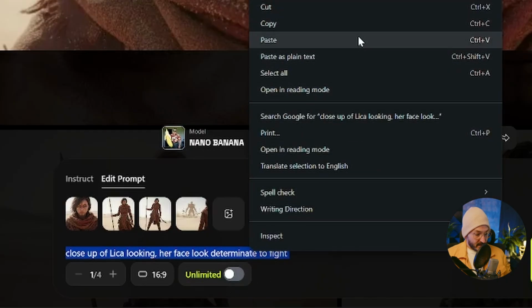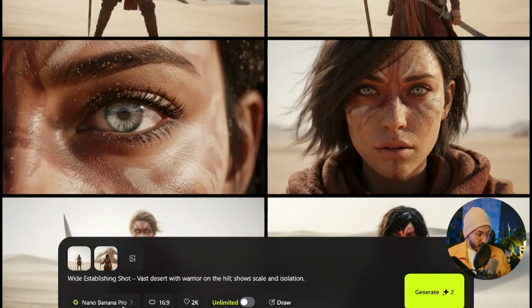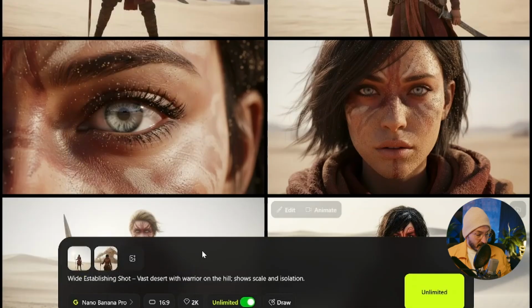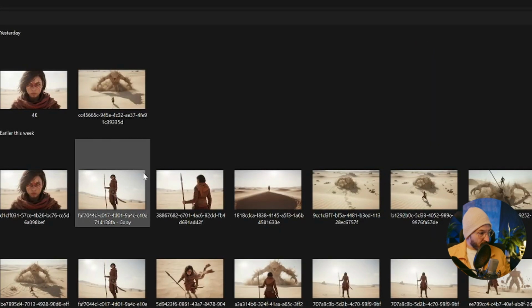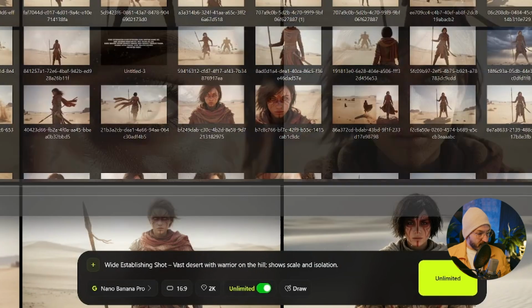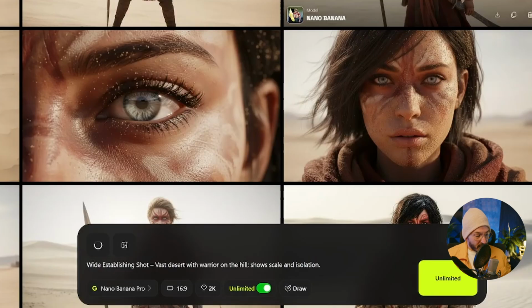I copy paste, and now we will do it with Nano Banana Pro here, and we will add the exact same images. So we want to see, I think it is this one, I'm not sure, let me check. Yeah, so we want to see, that's a base, of course, Nano Banana Pro will make a new version, slightly different,